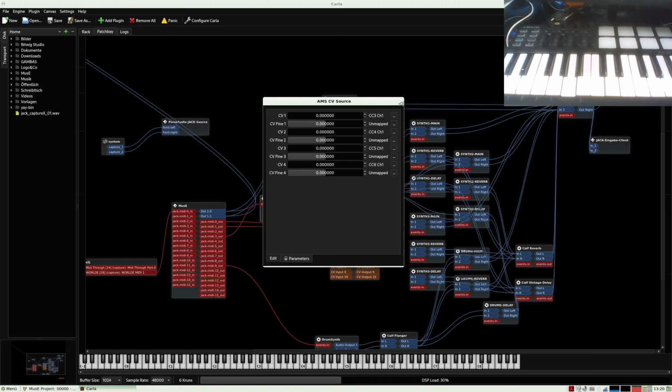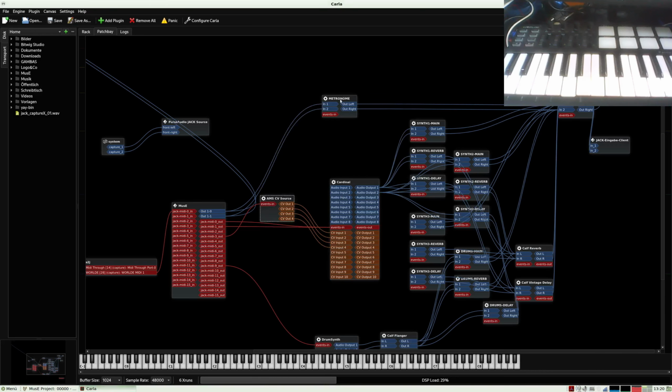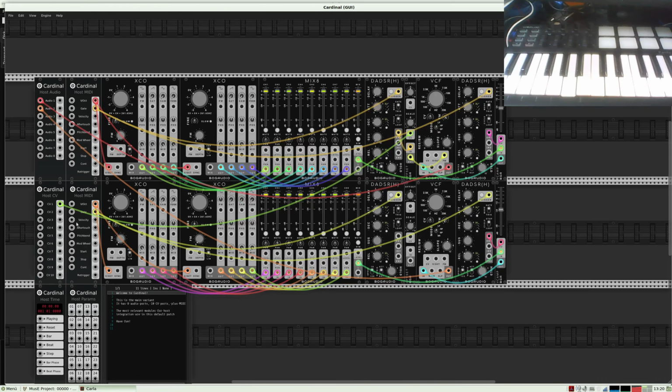I can leave this here. Pressing escape. Now when I go to Cardinal and I change here, you can see that the light of this cable is changed, and here also, and so the connection works.